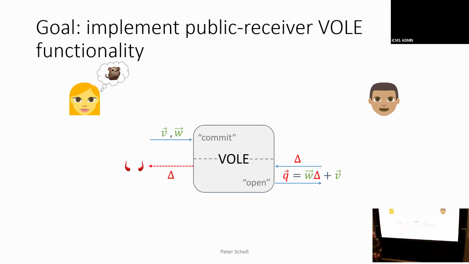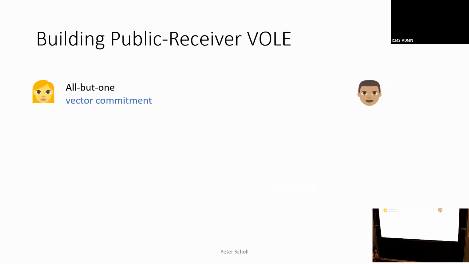Okay, so it's clear if you have a standard secret VOLE protocol, then you can just implement that and then you satisfy this functionality. You just have less leakage. But the hope is that we can actually do something that's a public coin protocol by relaxing the security requirement. Okay, and what we use for this is exactly this all-but-one vector commitment, or GGM trees, which